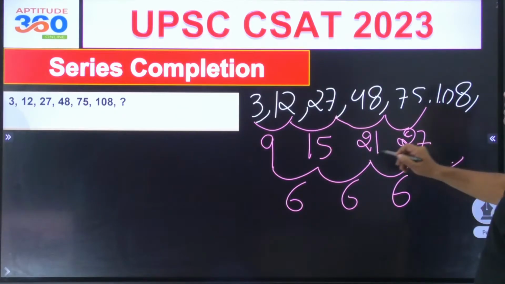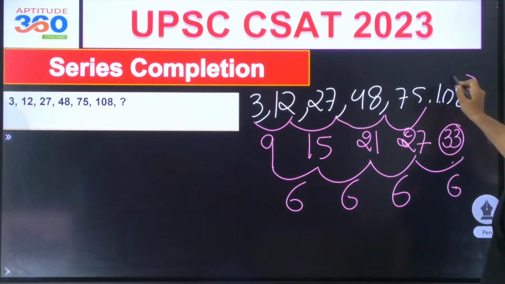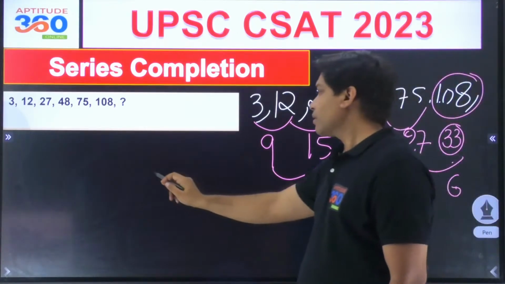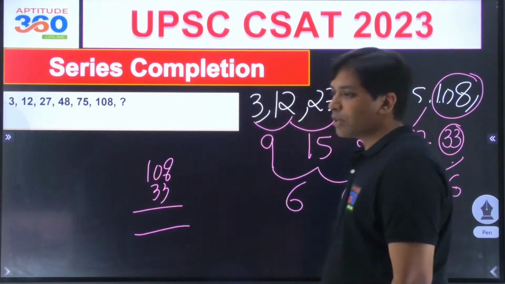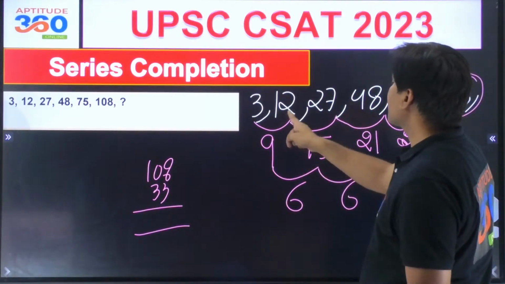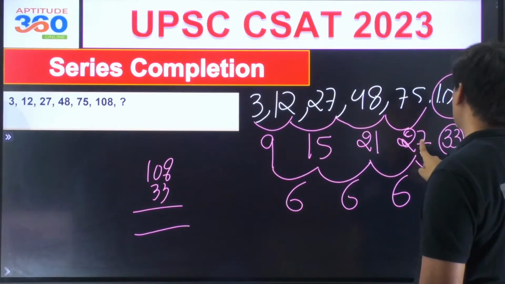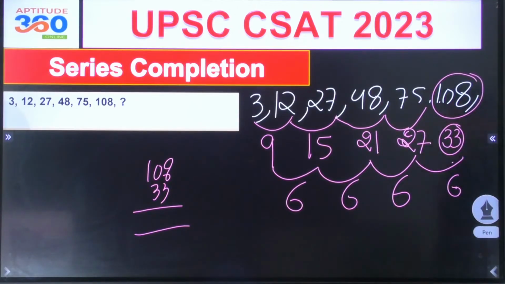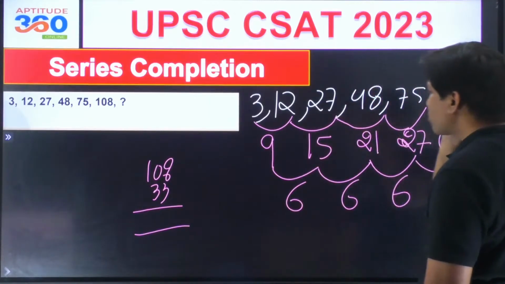How did that happen? So this will have to be 6, so this will have to be nothing but 33, and 33 plus 108, 108. What have I done, did I mess something up? 9, 15, 21 and then 27 plus 6, 33. So 33, this. What mistake did I make? Sir, it is becoming a square.